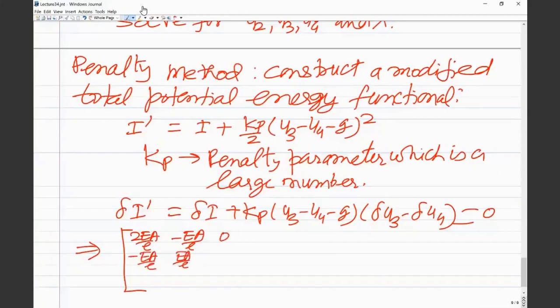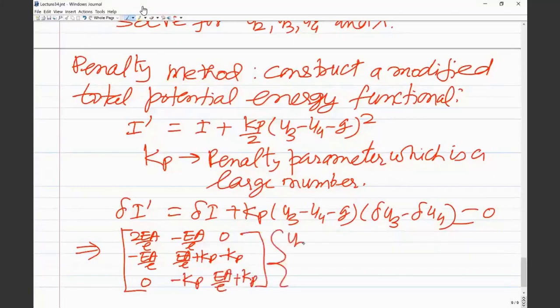Now see this with U3, this Kp is getting added, so here we will have plus Kp, and with U4 it is minus Kp, so here we will have minus Kp in the third row, and here 0, and then in the second equation you are going to have with this minus delta U4, so that will give you minus Kp here, and then here it would be EA by L plus Kp,